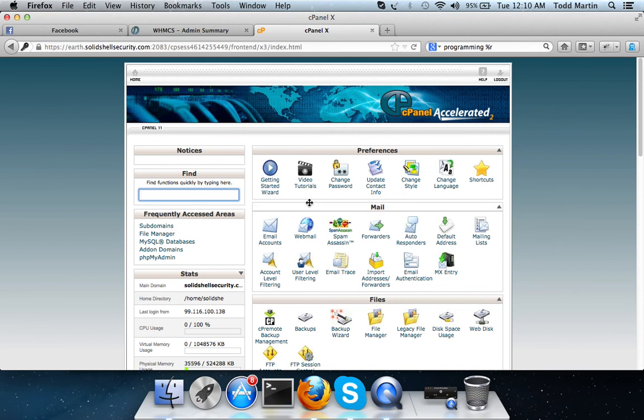So this is cPanel. cPanel is web-based software that allows you to easily manage your website. There are many different kinds. There's cPanel. If you use GoDaddy hosting, you have Plesk. If you use Solid Shell Security, which is us, we use cPanel. GoDaddy's Plesk, HostGator, cPanel. There's also one called Webmin, which is not too big. cPanel is probably the most popular. So alright,